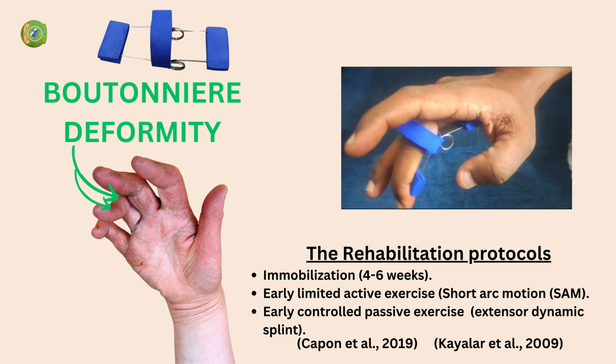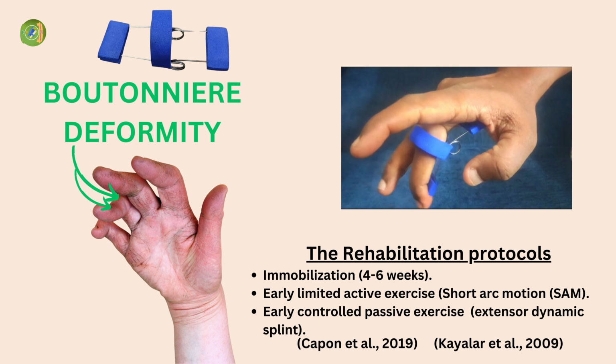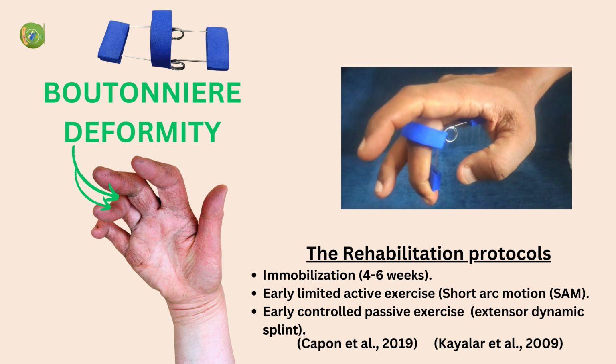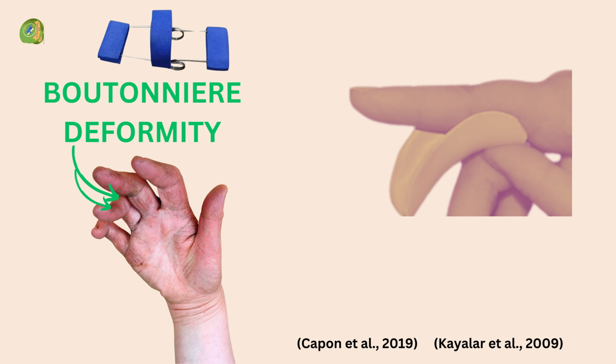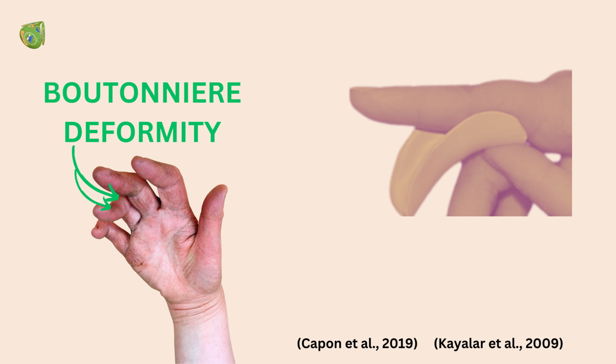There are different protocols for the use of splints, such as the Capener splint for boutonniere deformity. However, it has a definite role in the treatment of central slip injuries, albeit with varied protocols. Please note that this is not the only splint that is being used in this condition. In the non-operative treatment,